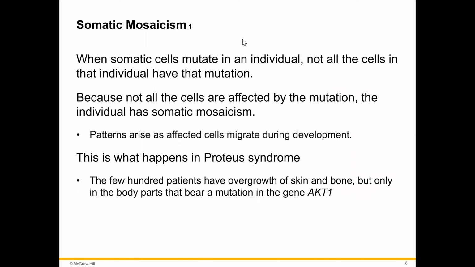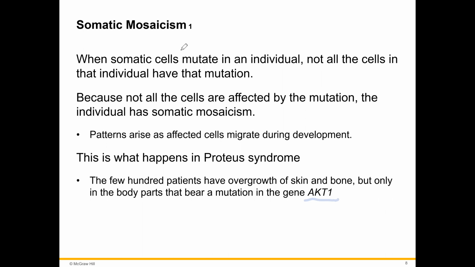When somatic cells mutate in an individual, not all the cells in that individual have that mutation, because not all the cells are affected by the mutation. The individual has somatic mosaicism. Patterns arise as affected cells migrate during development. This has happened in Proteus syndrome. The few hundred patients have overgrowth of skin and bone, but only in the body parts that bear a mutation in a gene